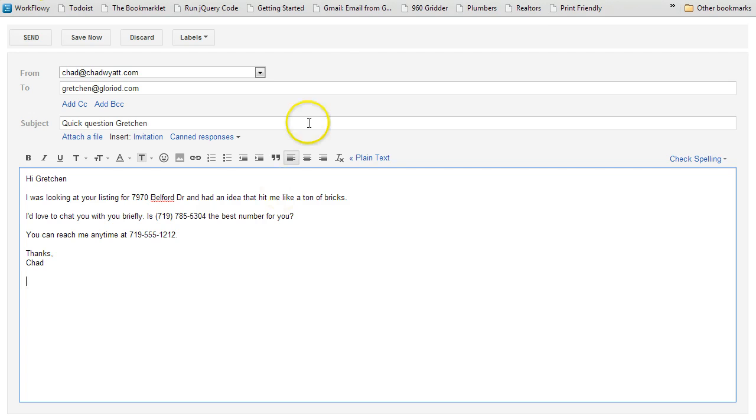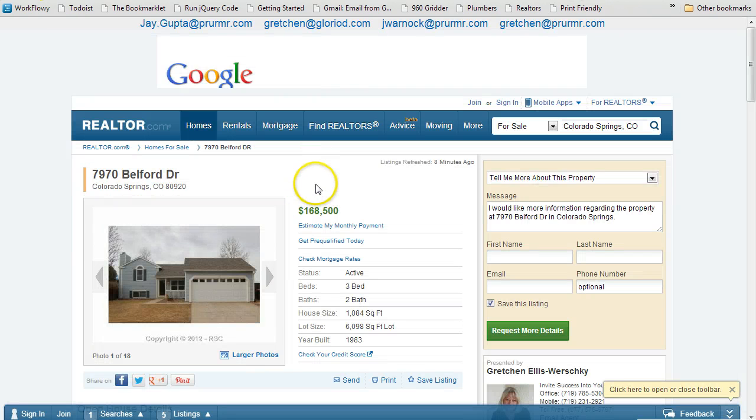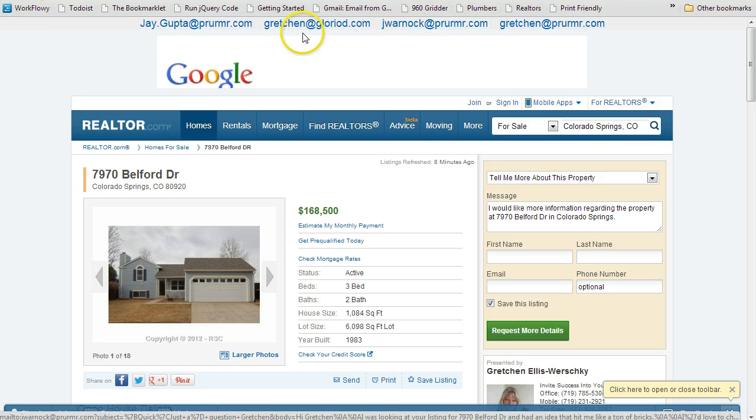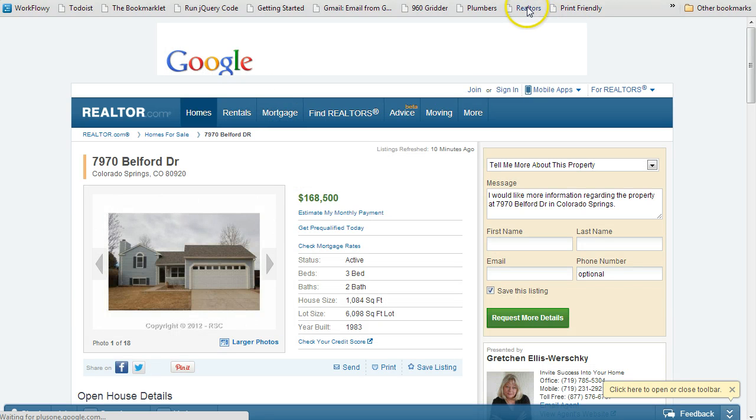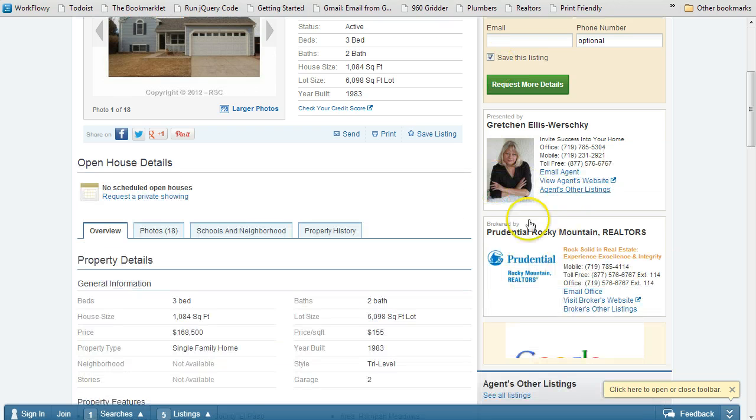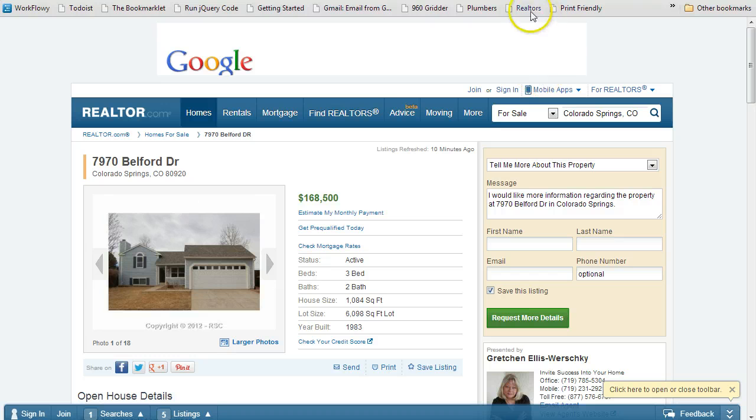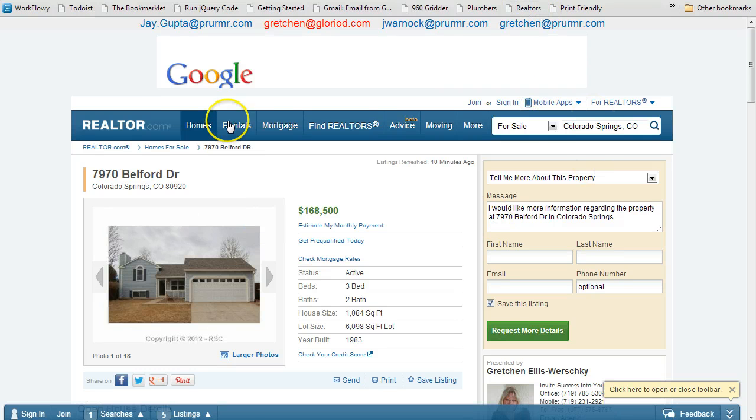Okay, so you could email this to Gretchen. You can email it to the other emails here if you want. Let me just reload this and show you something. So I'm on the same page. If I return to this page, maybe I forgot. Maybe there's another listing that I've already emailed Gretchen on. So if I hit the button again,